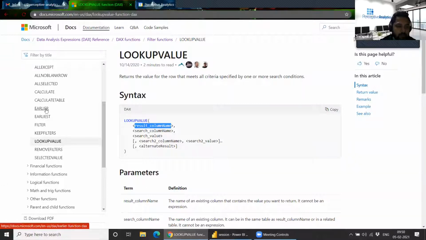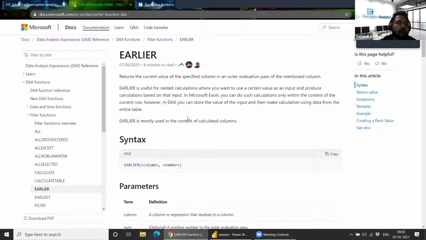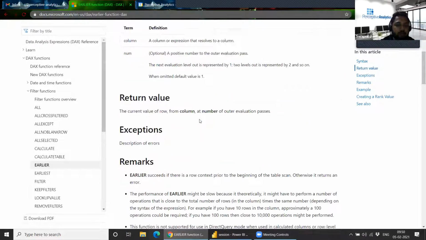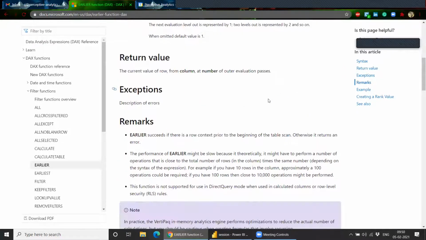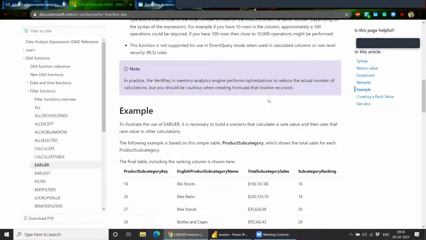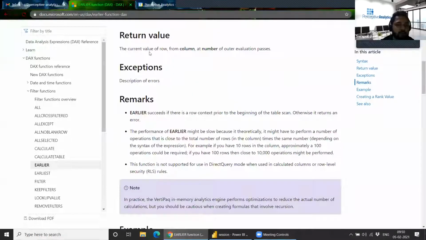Yeah, then let's move to this EARLIER function. Whenever there's a requirement for any ranking, like you have this data set and you want to rank based on, let's say, sales, for those scenarios we can use the EARLIER function.